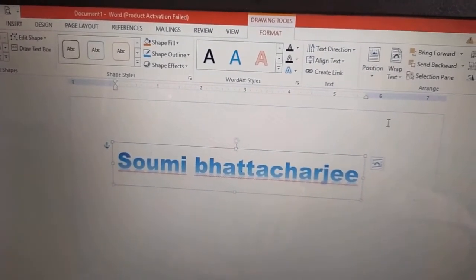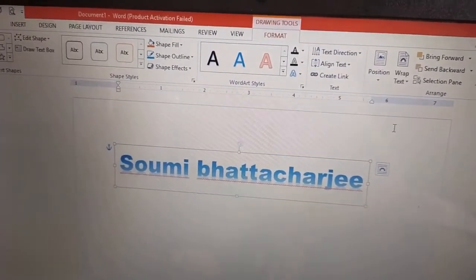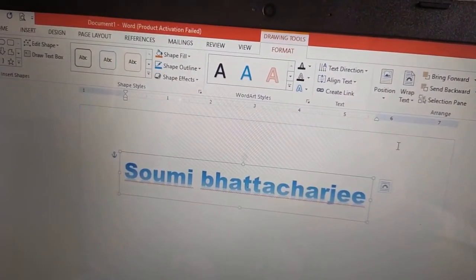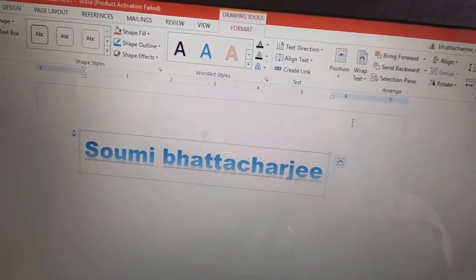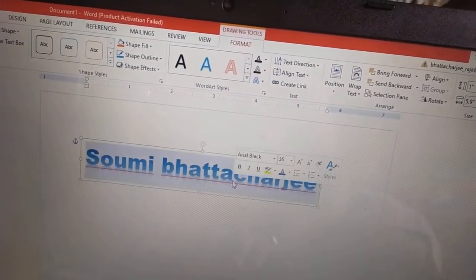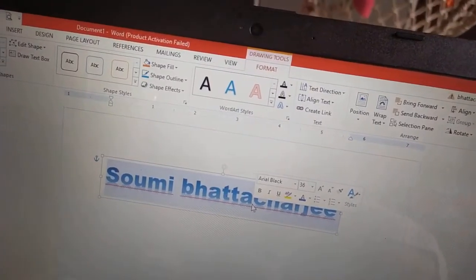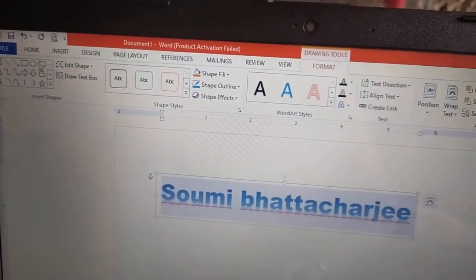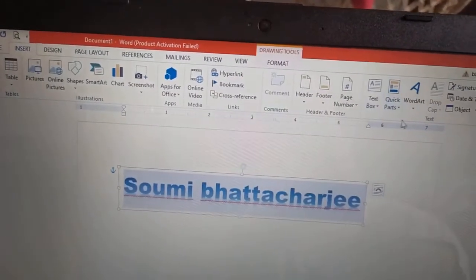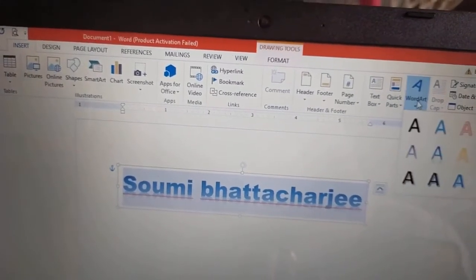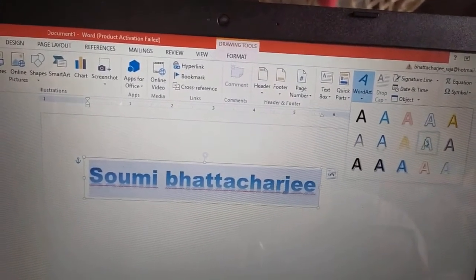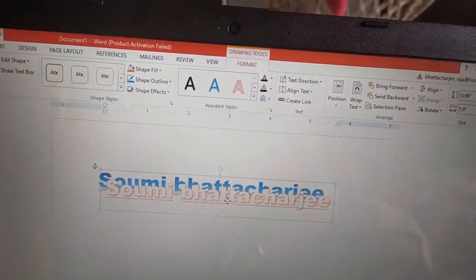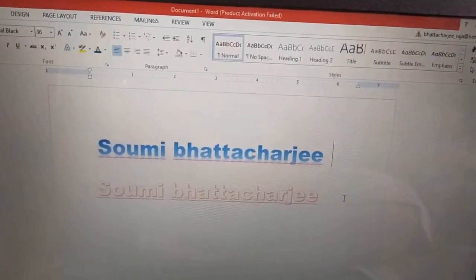Suppose we want to change the name. We can double click on it, and if we want to make any changes in the name, we can do that. Now I am repeating it once again. Insert tab, Text group, Word art command is there. If we want to select any other option, we can do it. Is everyone clear, I think?